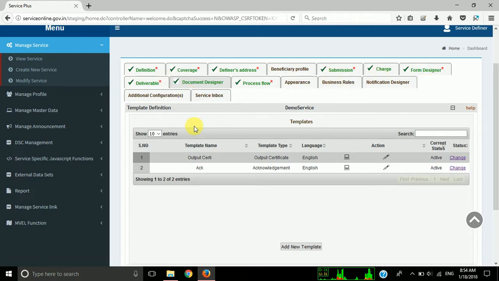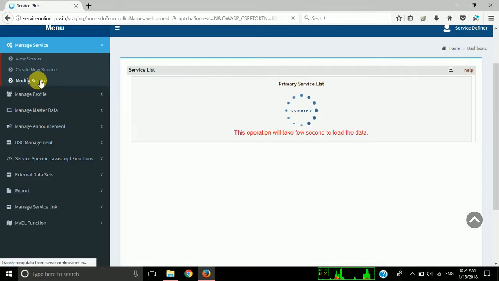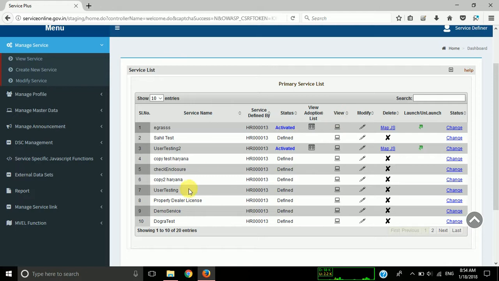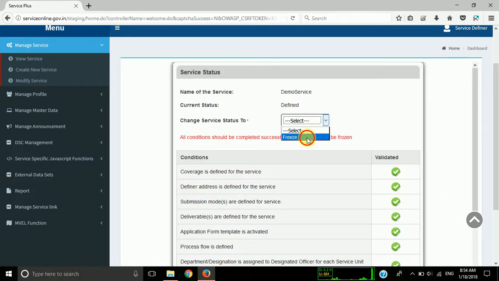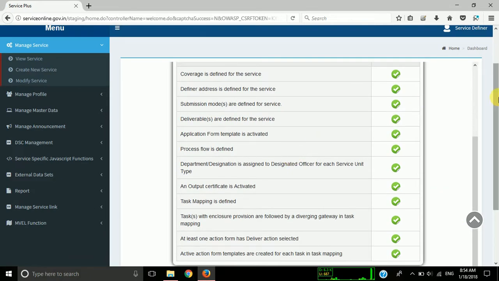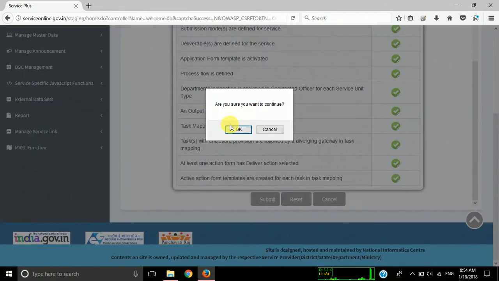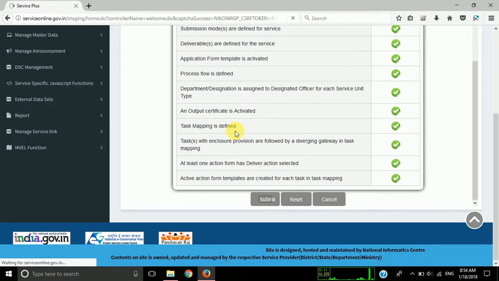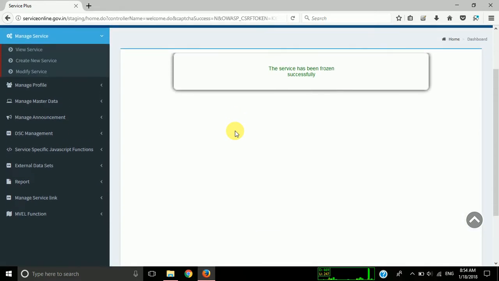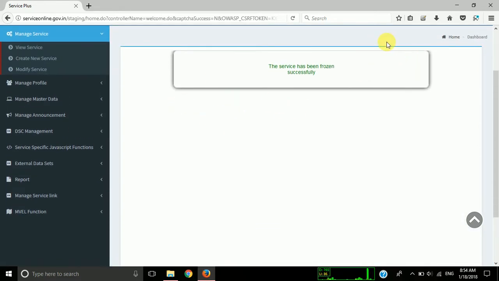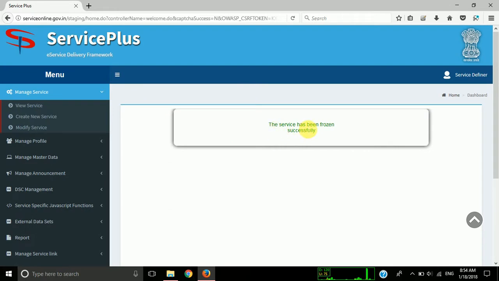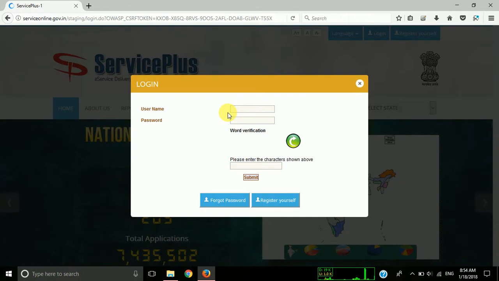Now, once all this is done, we'll go to modify service. We will choose the service that we were defining, demo service, and change its status by clicking the change button and use freeze, because to make the application available to the user we need to freeze it and get it approved by the proper authority. So once we have frozen it successfully, we will go to service definer, log out, and we will go to